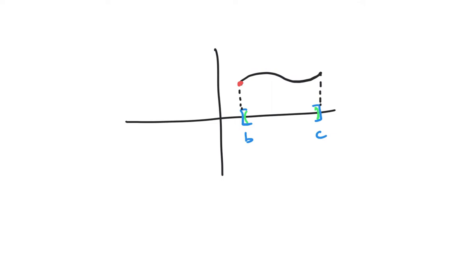there's no way to take a limit from the left here. There's no points to be able to go just a little bit smaller than B. They don't exist in that interval, so we can't do that. We can only approach from one direction. In this case, it's from the right. And similarly, with C, we can't approach from the right. We can only approach